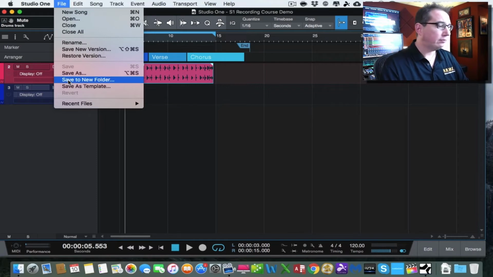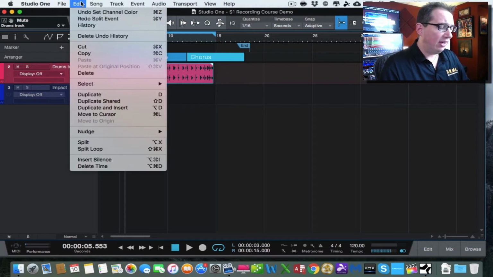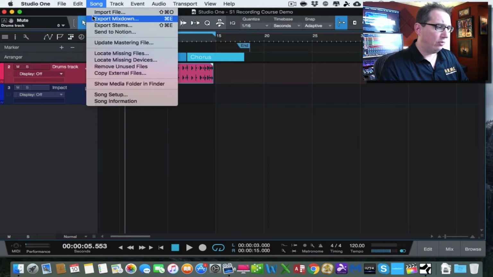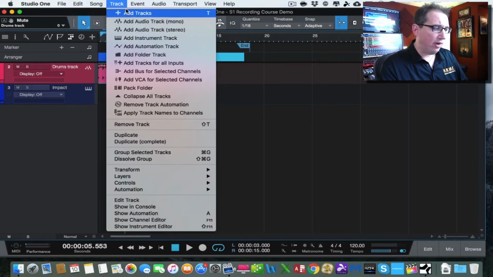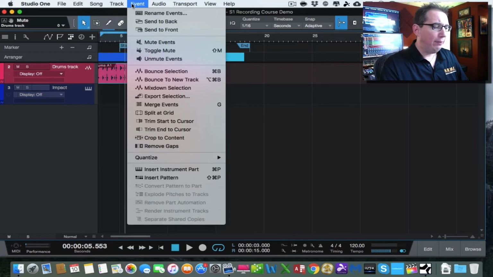That's important. Save as a template, we're going to talk about that a little bit later when we get to our mixing section. And then again, all these controls, we're not going to go through all of them, but I urge you to go through the edit section and go through the song section where you can import files. This is where we're going to export and mix our song down later on. Tracks, you can add tracks to our session, both audio and instrument. We'll talk about that later. So pretty much